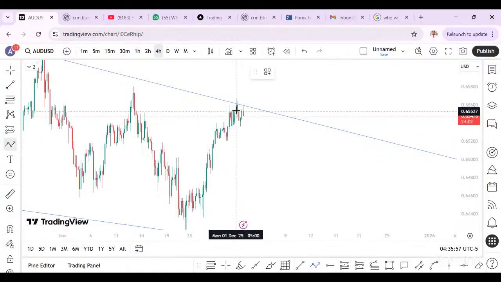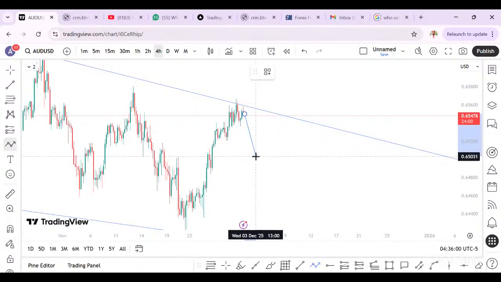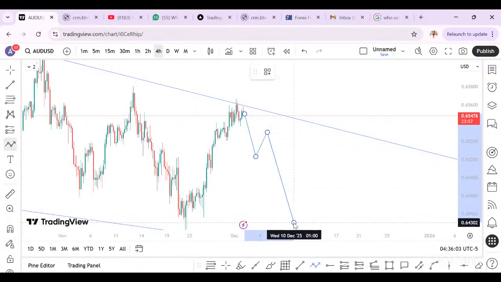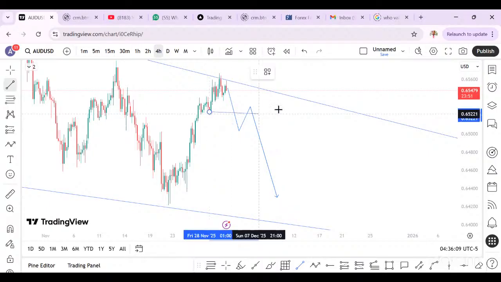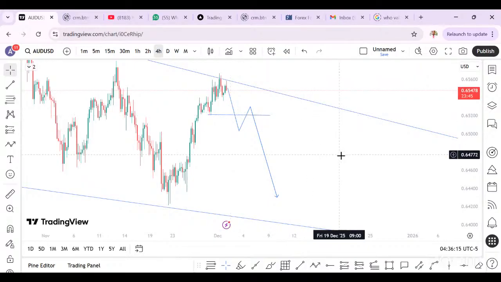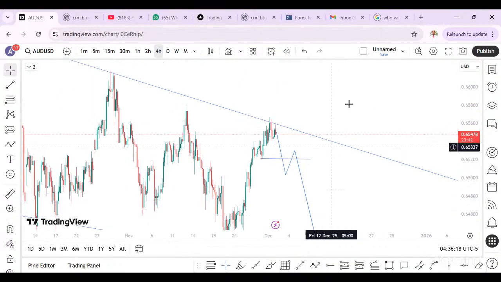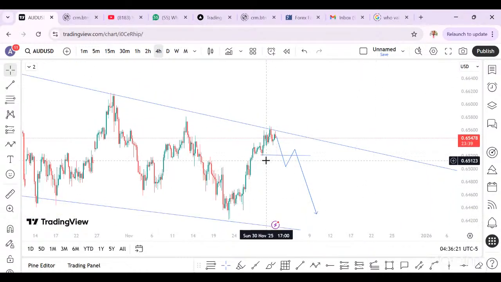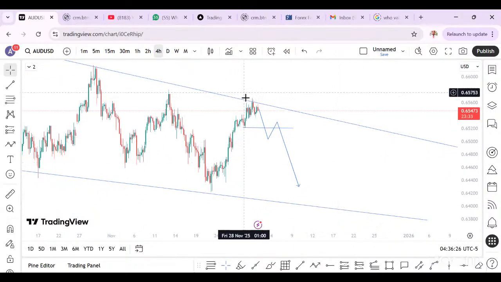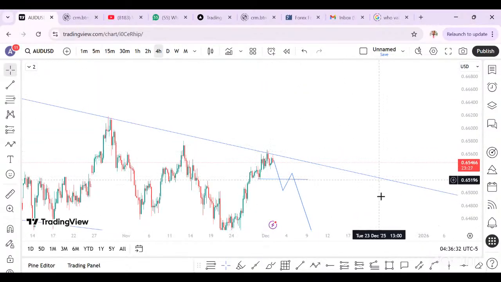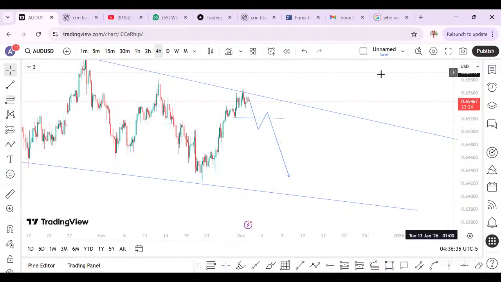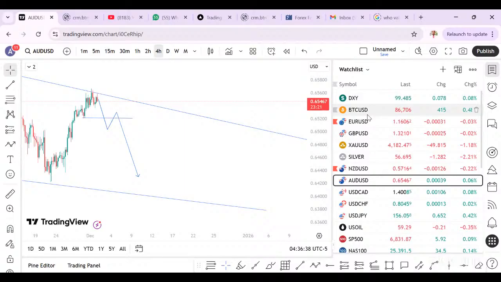So let's have something of this nature. There we can continue selling. So we have something of this, and that's what I'm looking out for on AUD. Don't forget that there's news at midnight. So for this one, I just leave it alone. Maybe when the news comes up, this thing will play out. And if it breaks up, then bye-bye. So that is AUD-USD.